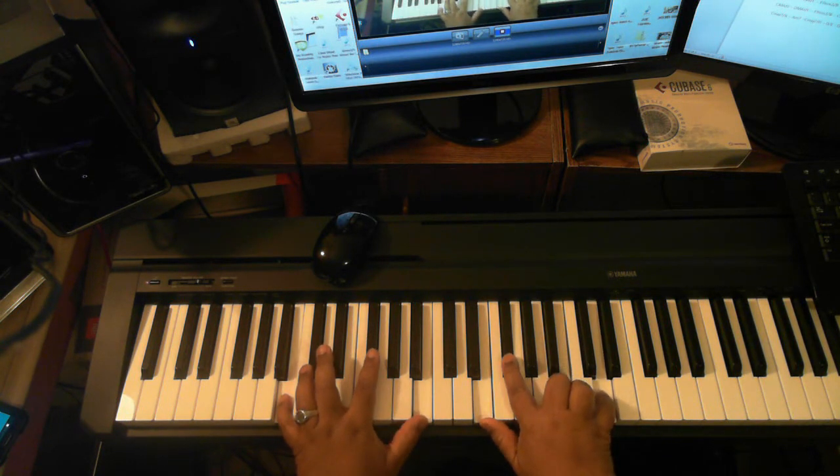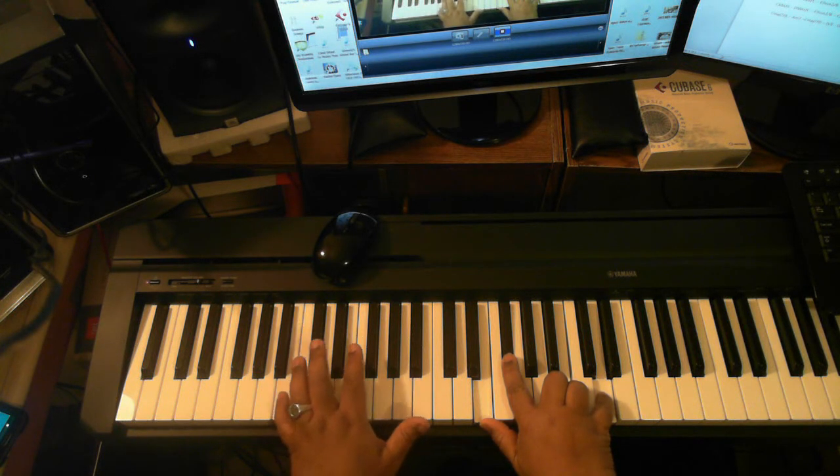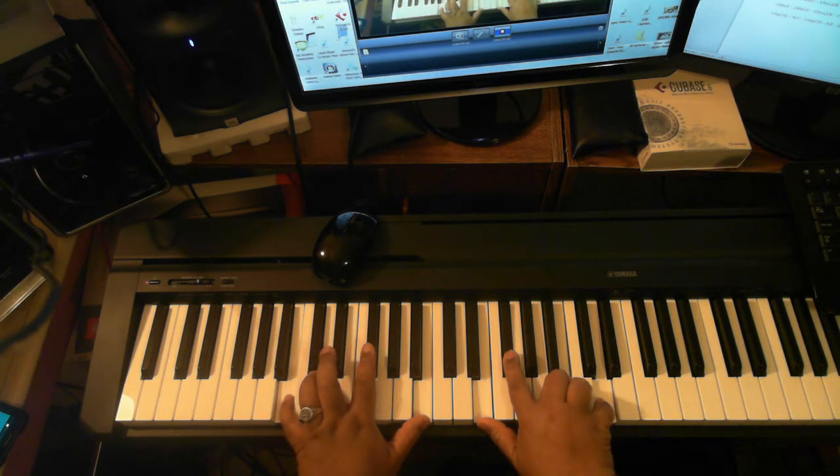So this chord that you move to is E in the bass. If it's not too heavy, you can always add that F sharp. You can always add a fifth above whatever bass note you're playing, if it's not too heavy for you. For my keyboard, it's kind of heavy, so I'm going to leave it out. But for yours, the F sharp might not be as heavy. On the right hand,